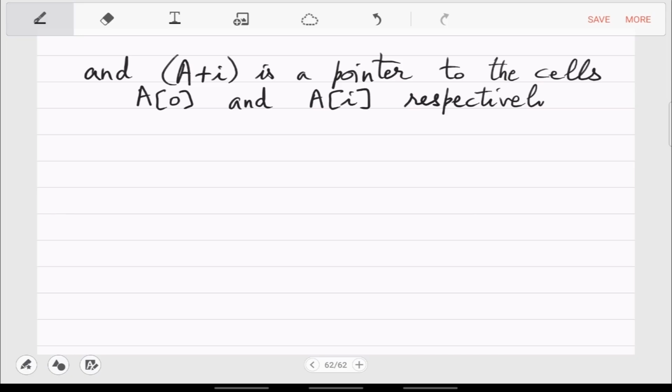Okay, so this is the advantage in an array. In an array you have a pointer to the first location, and the pointer to all other locations is a simple arithmetic.